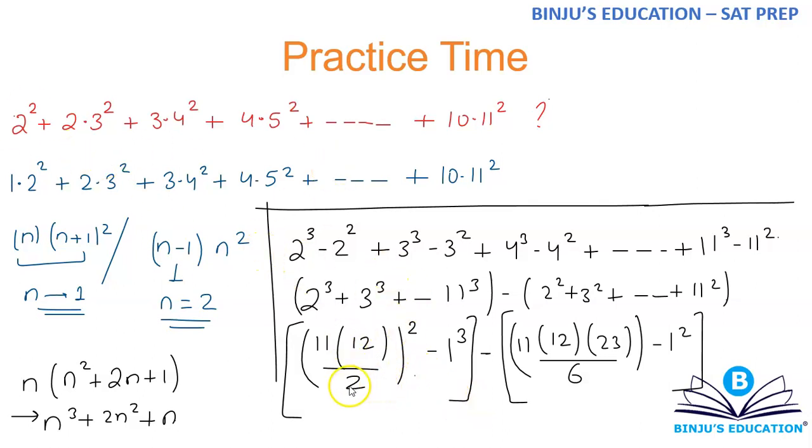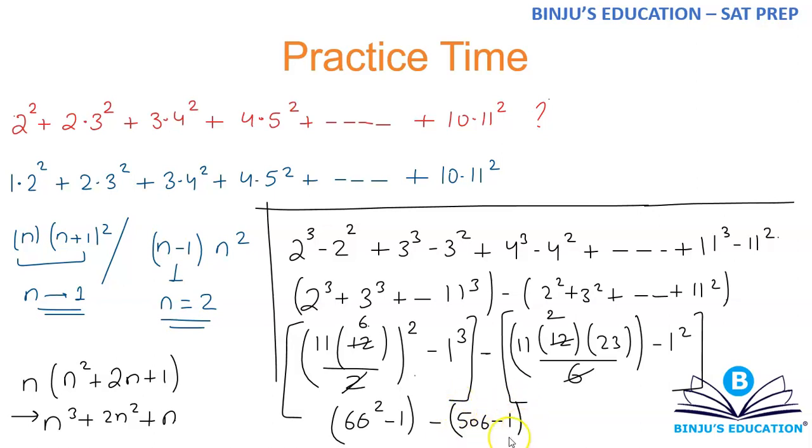Okay, so cancel this, and this will become 6. So this is like 66 square minus 1, and this will become like 2. So that is 22 into 23. I need to do that on a calculator. So 22 into 23, that is like 506